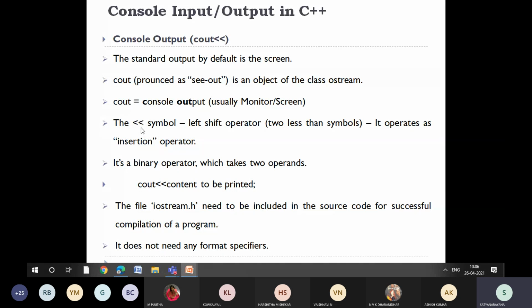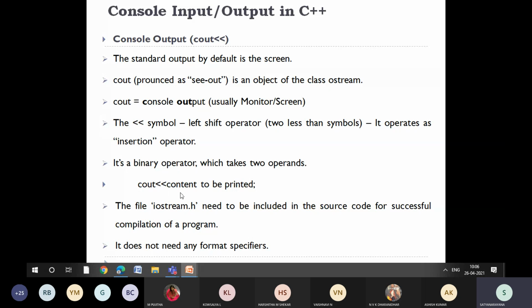For example, if you want to write cout in C++, you write cout, the insertion operator or left shift operator, and whatever data you want to print.